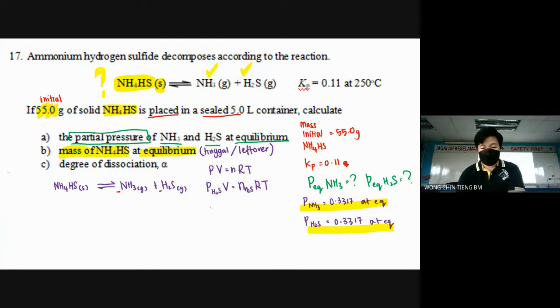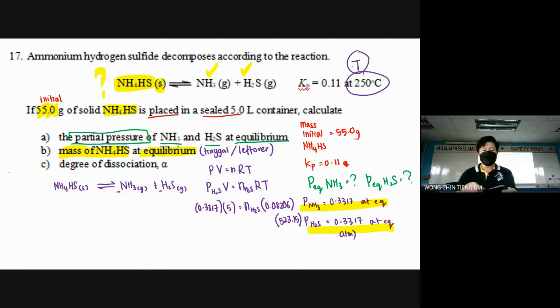Okay? The partial pressure we already have is 0.3317 and we agreed that it is in ATM just now. So the volume, the question already gave 5 liters. The number of moles is what we want to find. R is a constant. What is R? What is the temperature? 523.15 Kelvin. The question gave it in degrees Celsius, we convert it to Kelvin. So from that, you will then be able to get the number of moles of your product. Okay? Which is